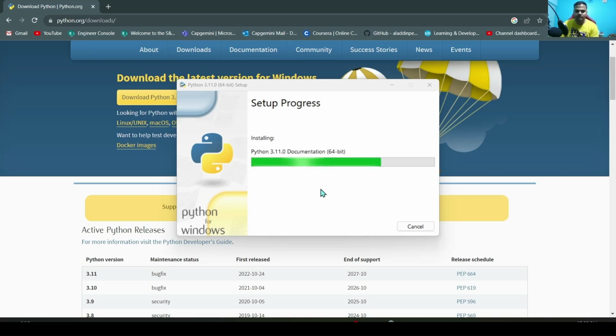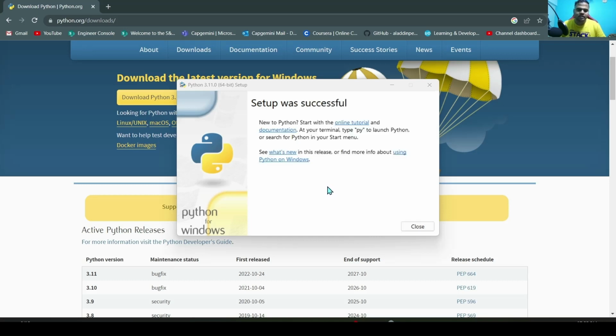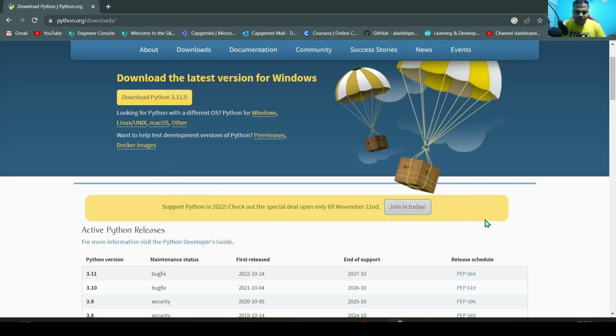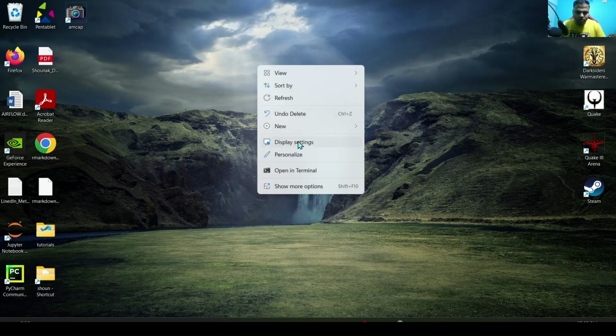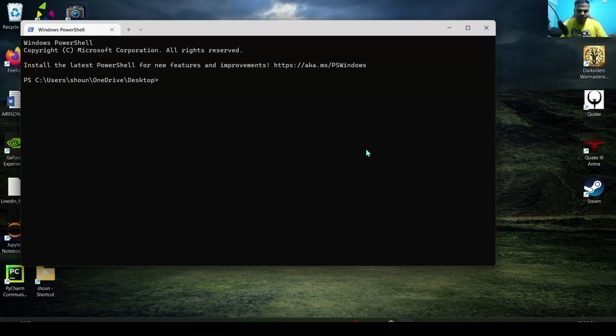So it takes some time. It installs Python and the Python installer. You can see that in your control panel. So setup was successful. Close this. And now if you go to your terminal and type in Python, and let's run this command, ideally it should start the Python terminal,